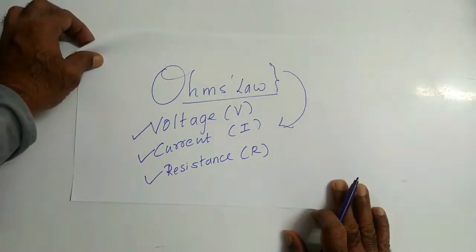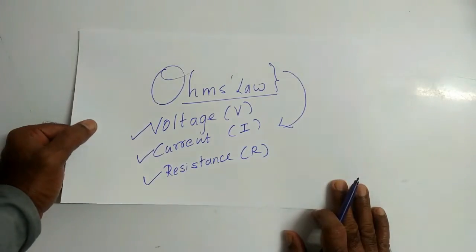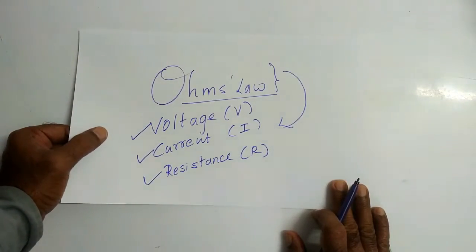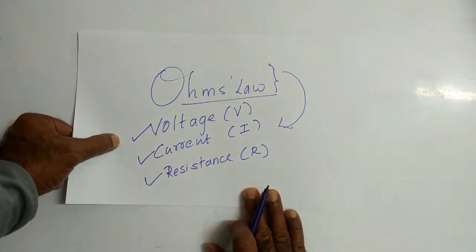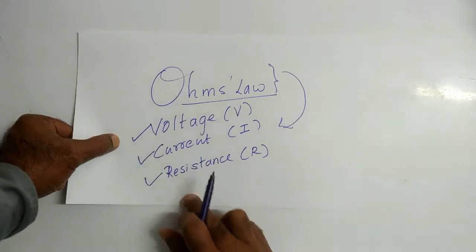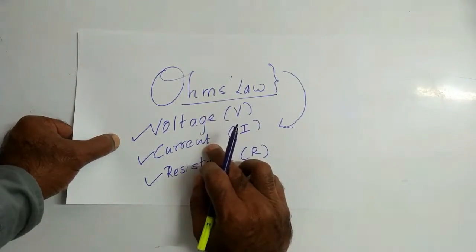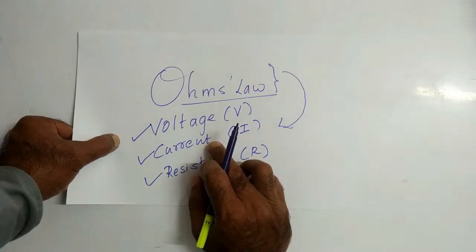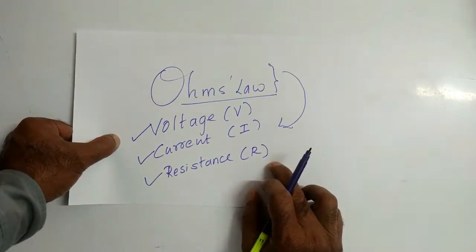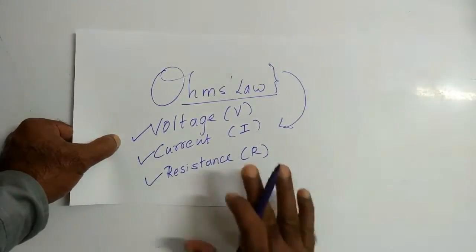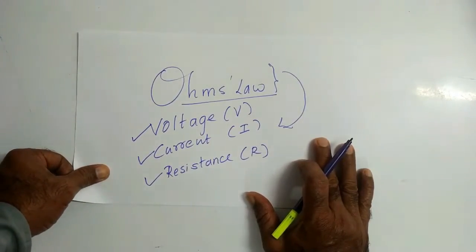Now, before we straightway start doing the practical session on the demonstration of Ohm's law, it is better always to just recall the theoretical aspects of voltage. In short, what is current, what is the instrument to measure voltage, and what is the device to measure the current. And what do you mean by resistance? So let me tell you one by one. In short, let's not go into detail because you have already studied this in detail in the theory